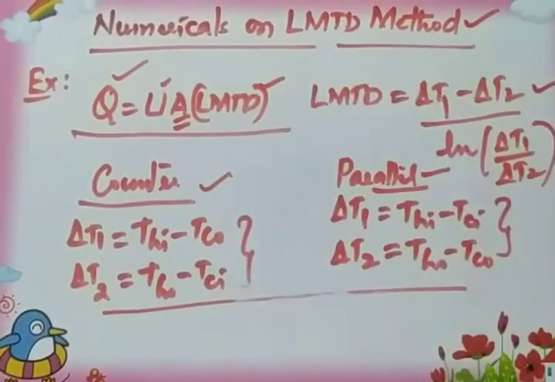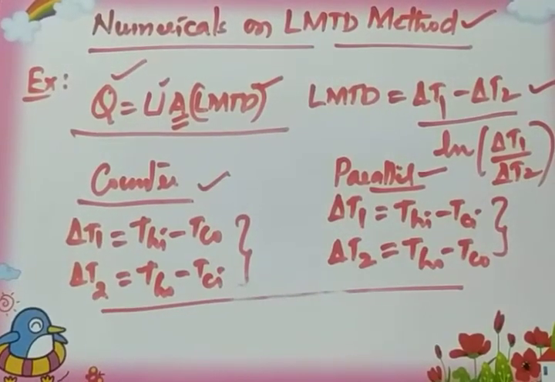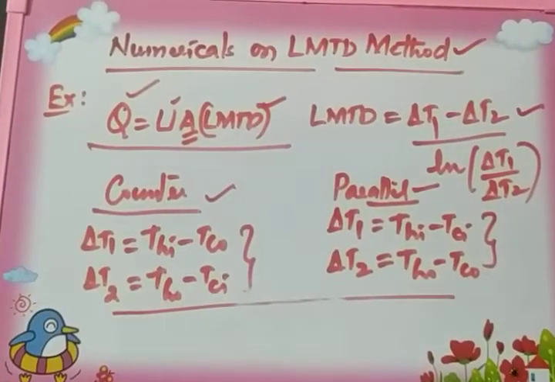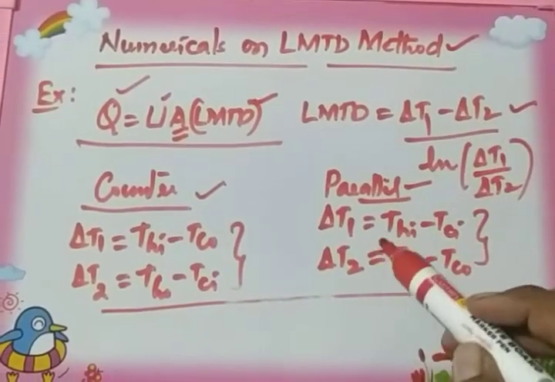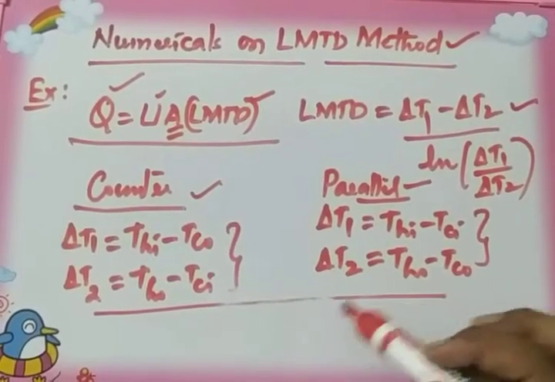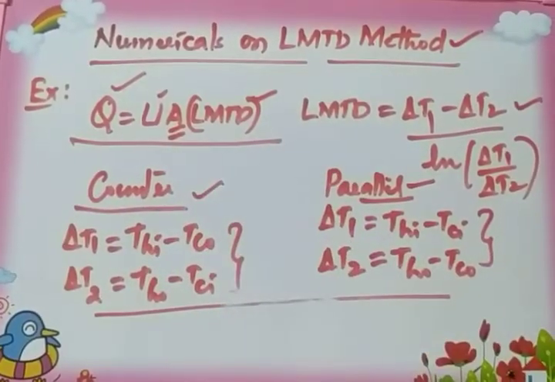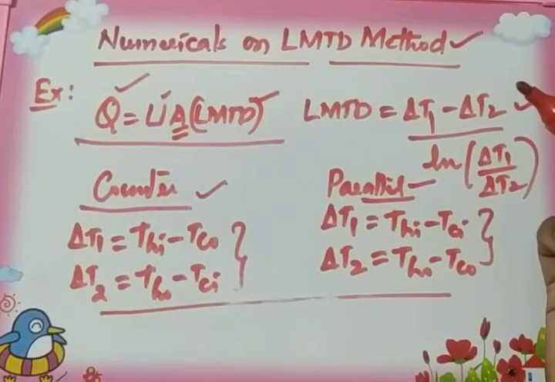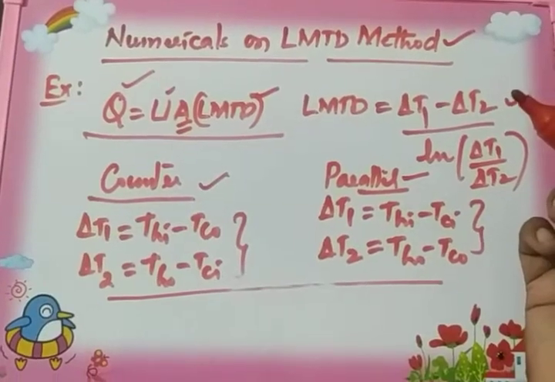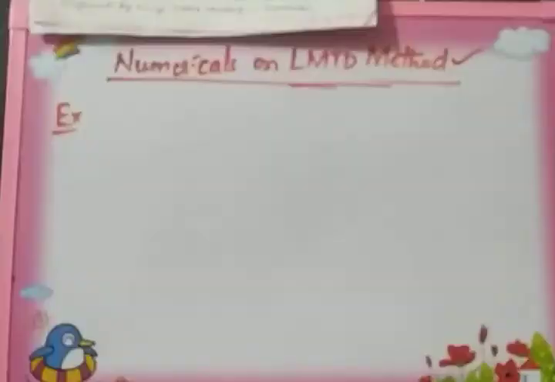Then LMTD, as you are already familiar, is the logarithmic mean temperature difference between the two fluids which are flowing in the heat exchanger. So these are the fundamental relations we can remember to solve the given numerical. Your problem will revolve around these expressions. A few terms will be given in this, and the other remaining terms will be asked in the problem. I will solve a couple of such problems with which you will become very familiar with this method of analysis.